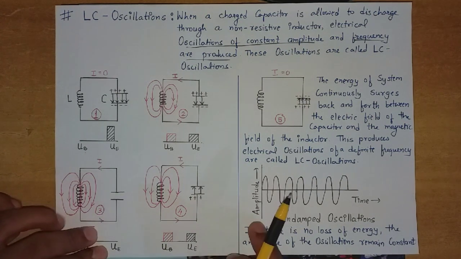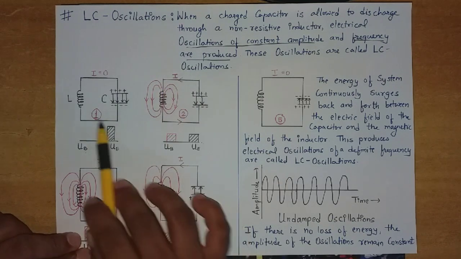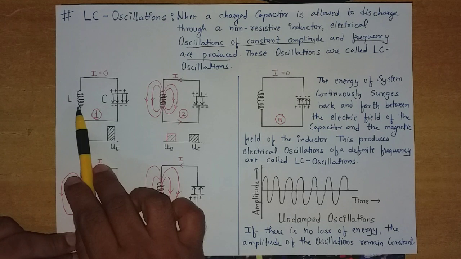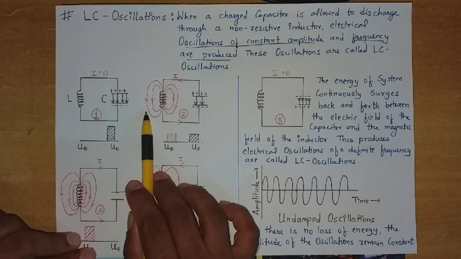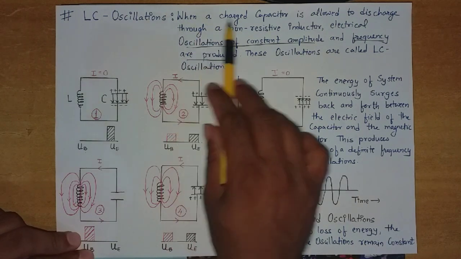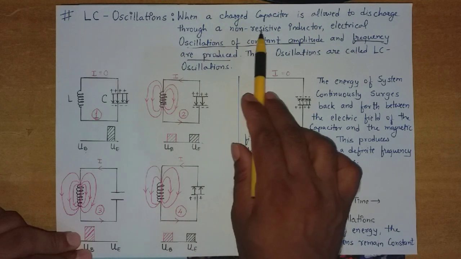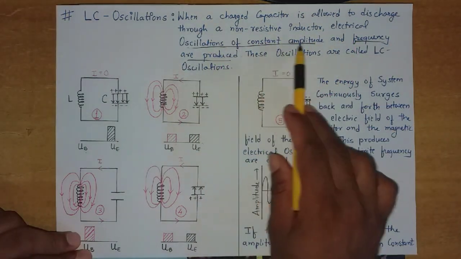Hello friends, today's topic is LC oscillation. As you see, these are the circuits in which a capacitor and an inductor are connected, right? These are the different conditions of LC oscillation. Let's start our theory. When a charged capacitor is allowed to discharge through a non-resistive inductor, electrical oscillation of constant